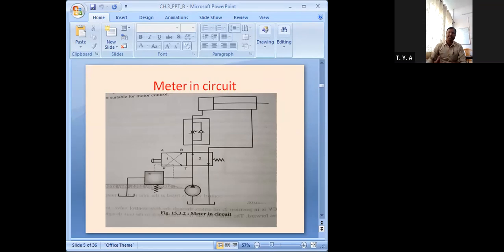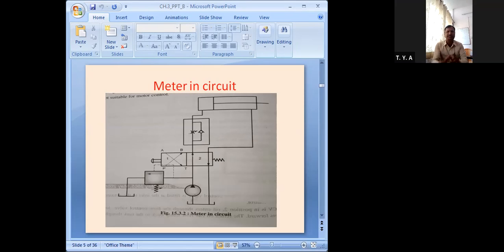This circuit has a manually operated, spring offset 4x2 direction control valve. You can check here, this is a 4x2 direction controller, manually operated, due to which there is a plunger here. Along with this 4x2 direction control valve, here we have the flow control valve. Getting it? Using this flow control valve, we are going to control the speed of this cylinder, so it is called a metering circuit.